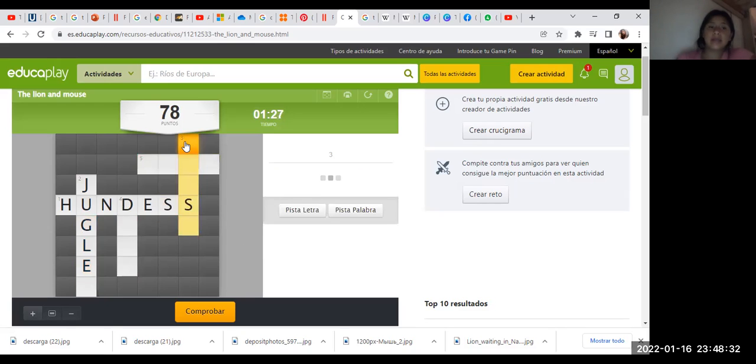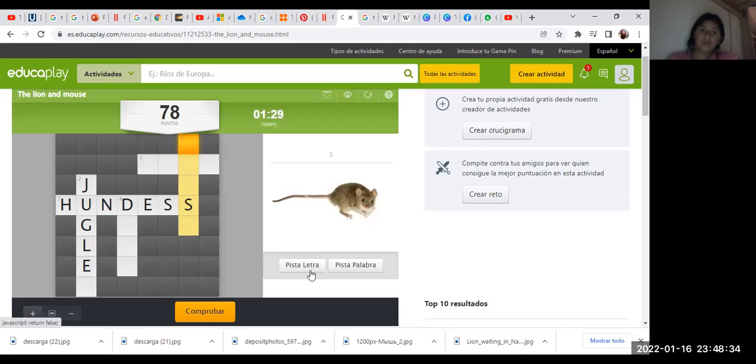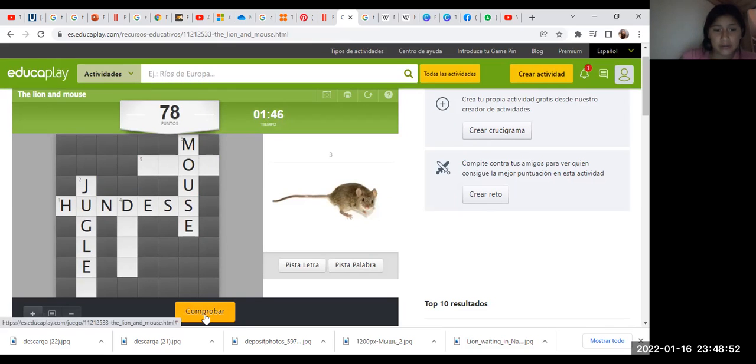In this case, for example, this animal is mouse, and according to the text it is mouse. Okay, right, in this case it is correct because the letter is correct.